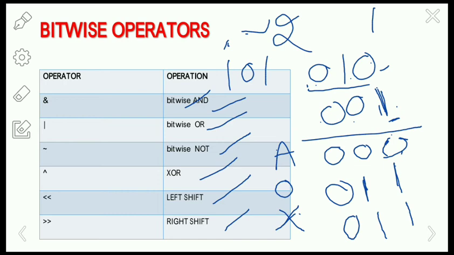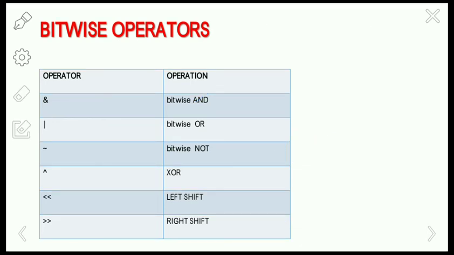Okay, so next one is the left shift and right shift operators. The left shift operator is a binary operator in the format of x << n, which means left shift by n. Here n denotes the number of bits that we want to shift. It is going to remove the n left bits and pad n zeros to the right of the number. So one left shift doubles the value.